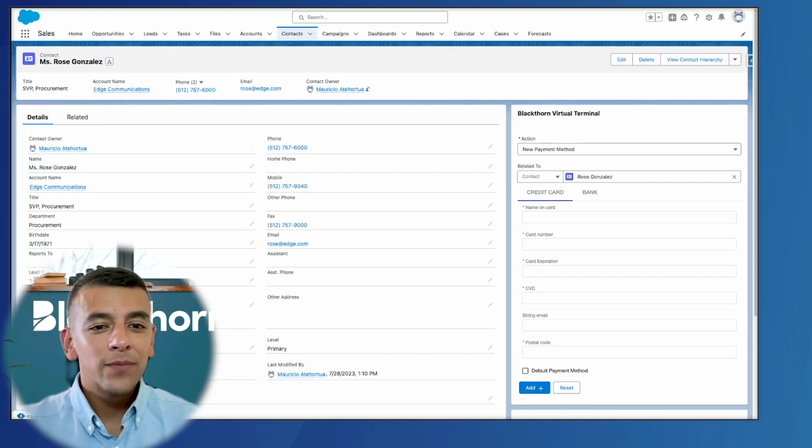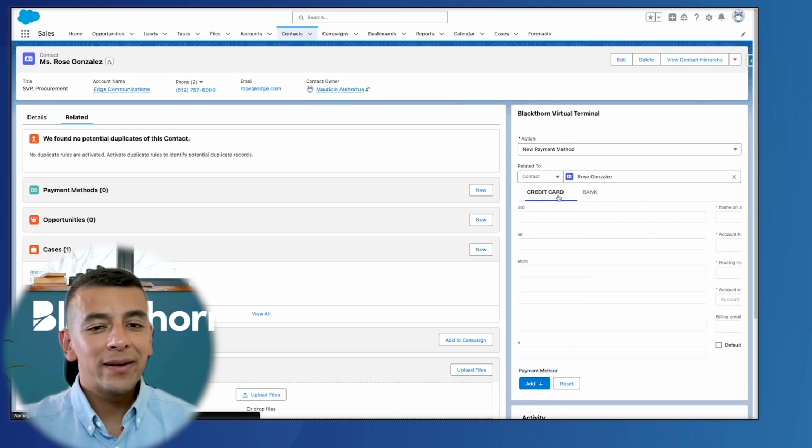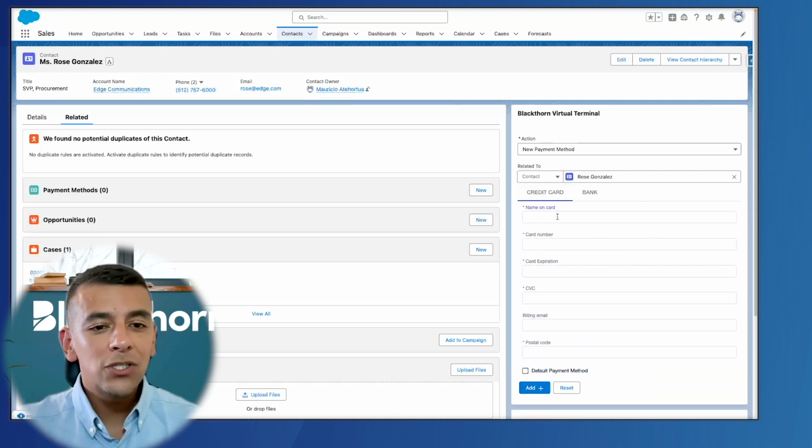For our first demo, follow along as we use a terminal that has been placed on a contact record page and has been configured using the settings and data mapping features to function as a simple, user-friendly way of capturing and safely storing payment details. As we can see, the action on this terminal has been defaulted to new payment method. We also see data mapping in action by automatically associating the payment method being created to our contact, Rose Gonzalez,